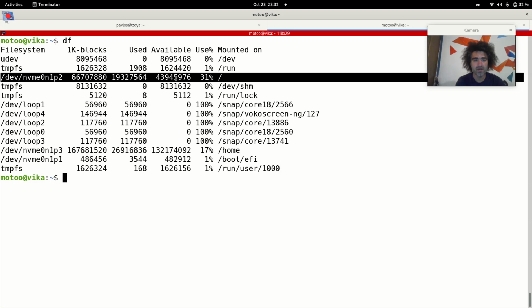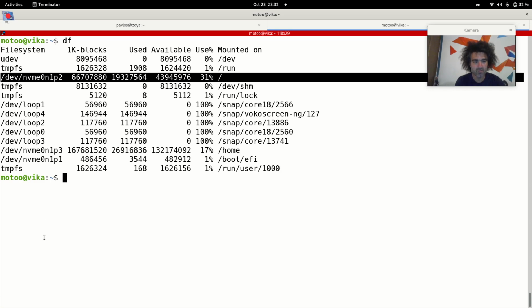The available space is something like 43 gigabytes maybe, and I use 19 gigabytes, and the total size is 16.7 gigabytes. For the home directory, I use 70% of the space. There are something like 130 gigabytes free, and out of, I don't know how much is that space,